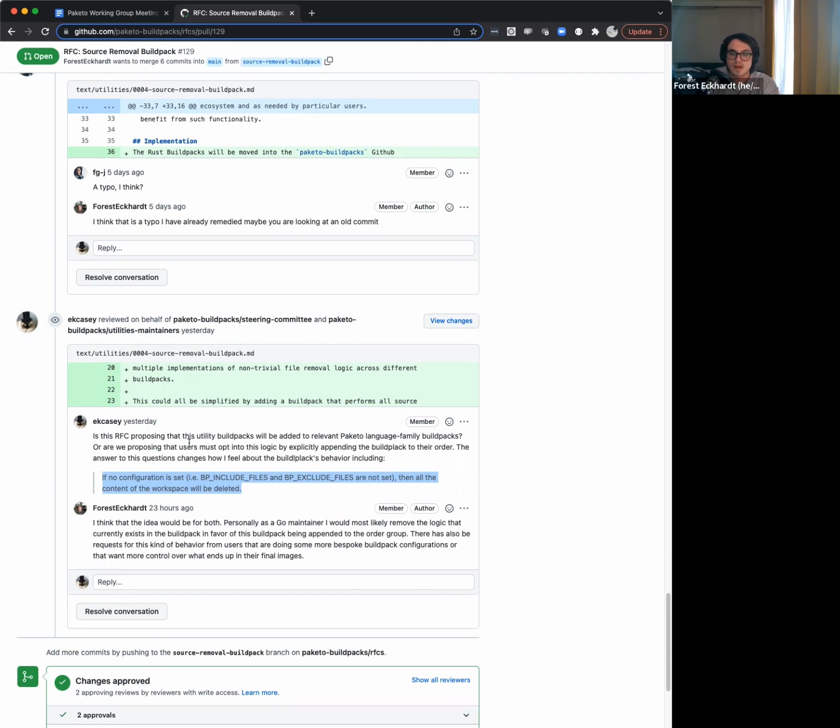But for sure, my question would be, it comes down to whether or not you include it as a default build pack. So I guess we can have that conversation offline, whether it should be a build pack that's built to be added to all of the order groupings, or if it should be added to specific order groupings based on the specifics of the language. I think that's what it's coming down to, at least from what I can understand of it.